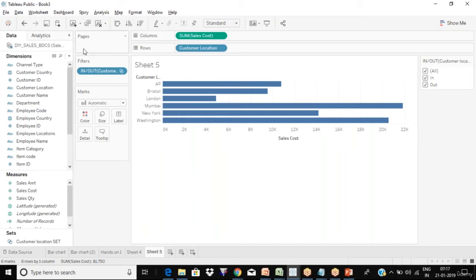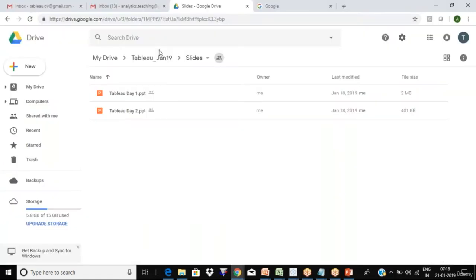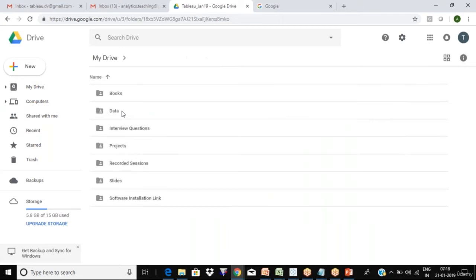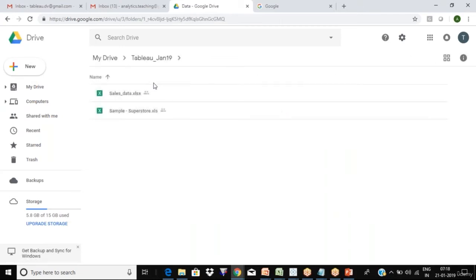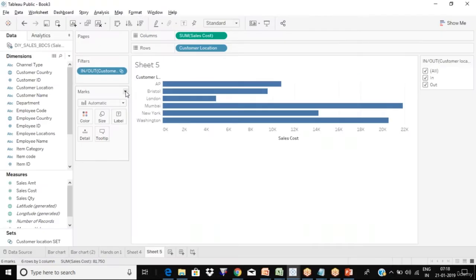So those who have not loaded the sales data, the very first step, load the sales data, and the data is present in this data folder in the Google Drive. Load that sales data, download it, and follow these steps.